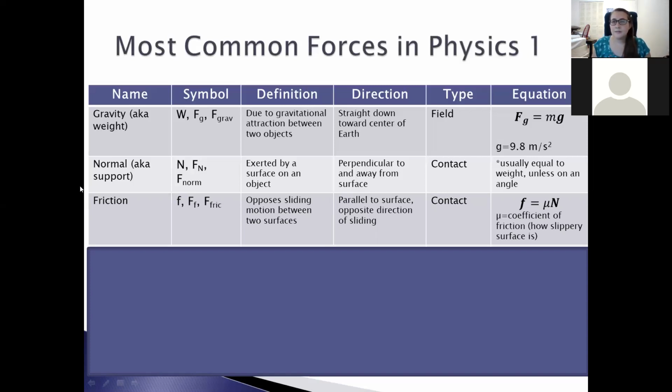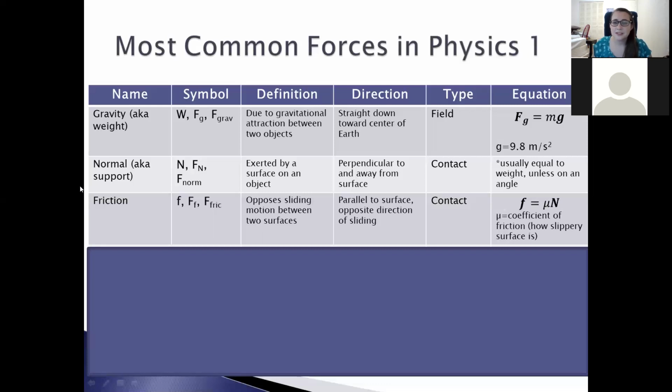And I really like this equation. I think it's the most fun equation in all of physics. But the way that you calculate friction is friction equals mu, that weird U symbol, is a Greek letter mu,